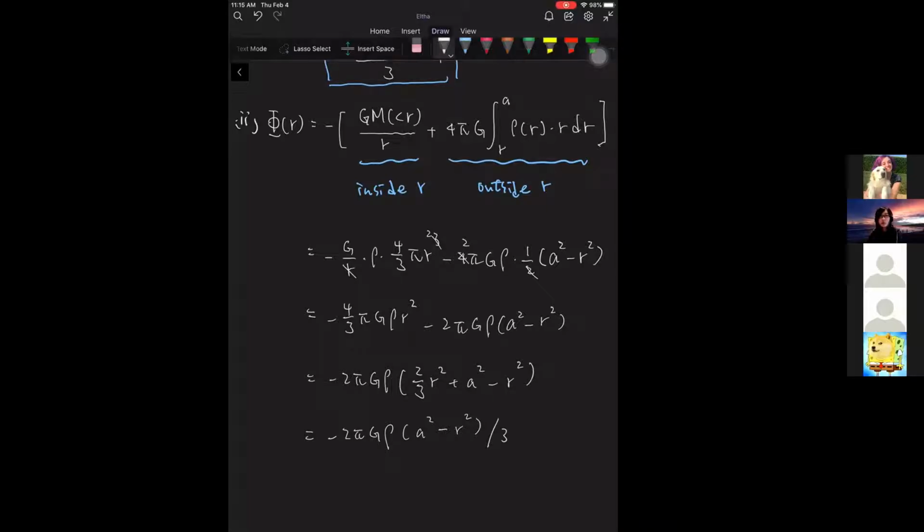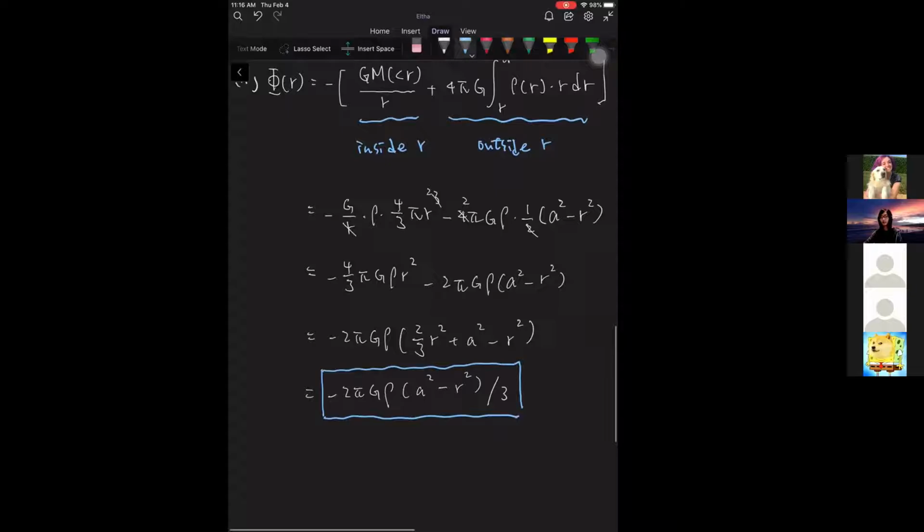Okay, any more questions? Okay, then let's move on to calculate the potential energy. So now we already have the gravitational potential, and to calculate the potential energy,